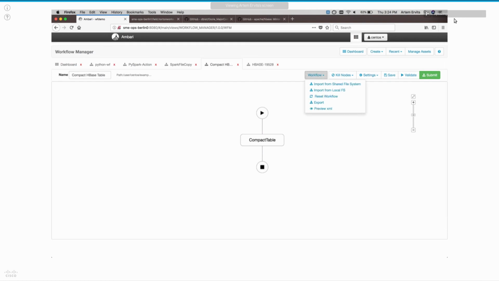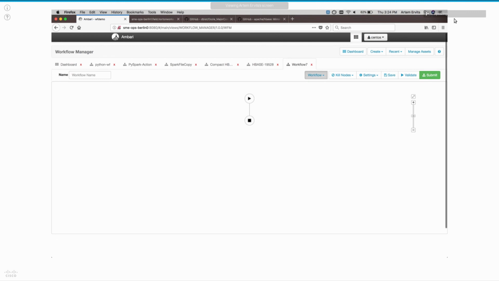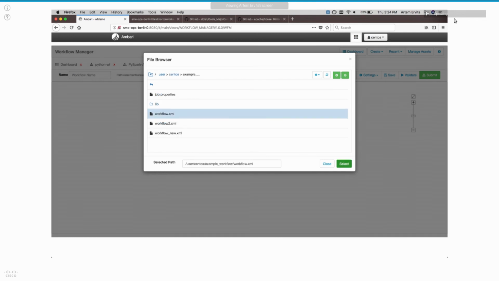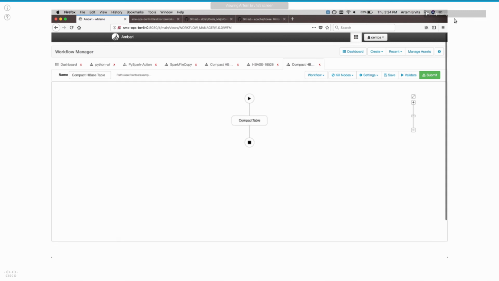I'm going to create a new workflow. I'm going to import from a shared file system. So this could be your HDFS or your S3? Yes, like he said, S3 or HDFS. This is something that didn't come out of the box.